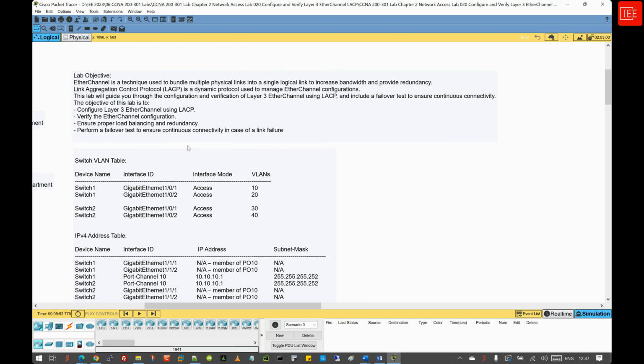So, okay, let's move to the lab objectives. The objective of this lab is to provide hands-on experience in configuring and verifying Layer 3 EtherChannel using the LACP protocol on Cisco Layer 3 switches. By the end of this lab, you will be able to understand the concept and benefit of